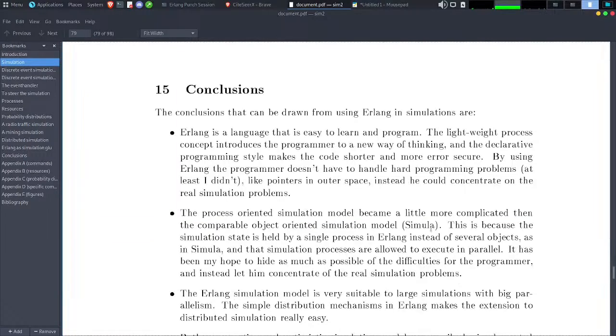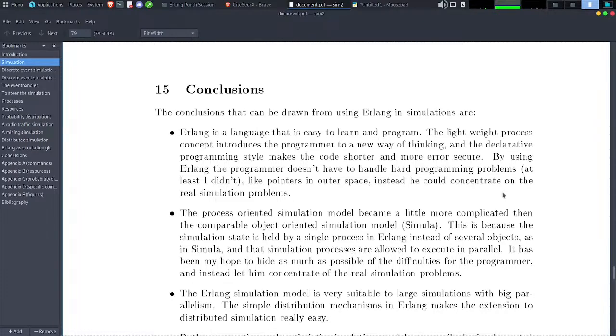Conclusion. Erlang is a language that is easy to learn and program. The lightweight process concept introduces the programmer to a new way of thinking, and the declarative programming style makes the code shorter and more error secure. By using Erlang, the programmer doesn't have to handle hard programming problems like pointers in outer space.